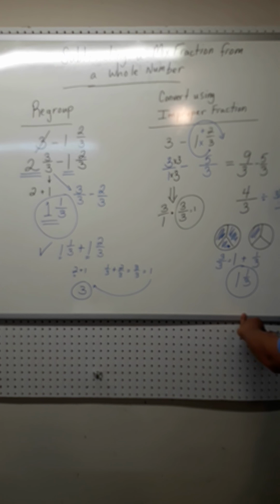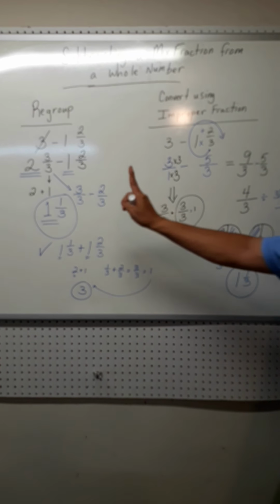My remainder becomes my numerator. And my divisor becomes my denominator. So there. You can do it through division when you get an improper fraction. You can do a picture model to represent what is really happening. And then you can do the regrouping method,